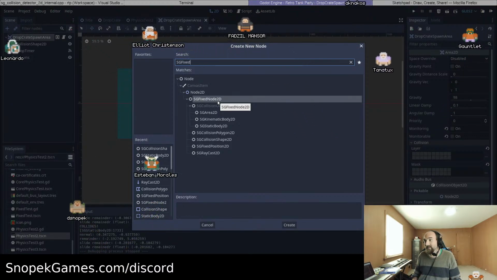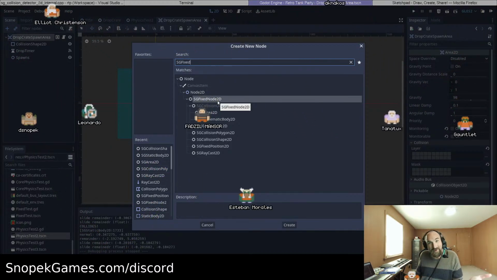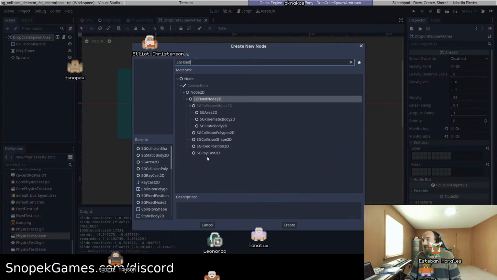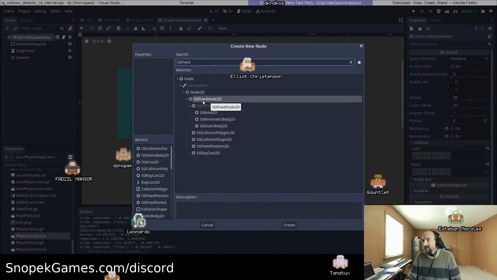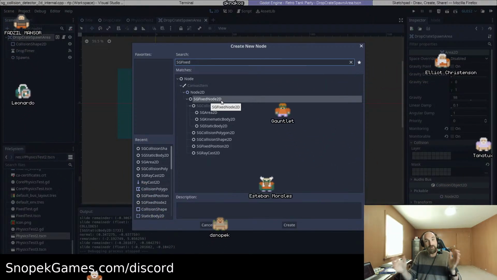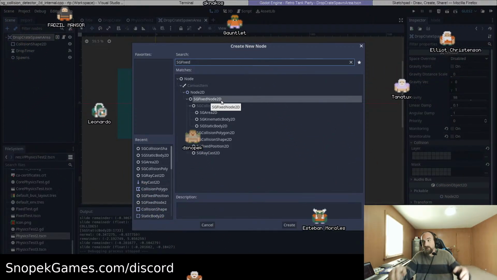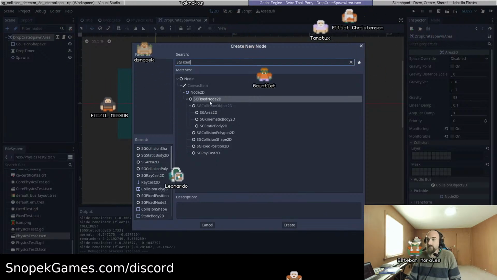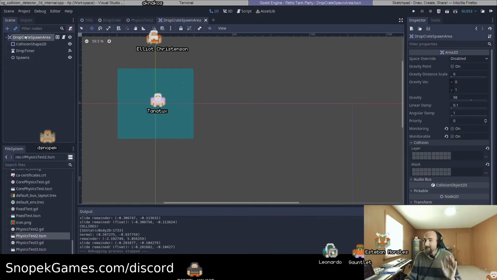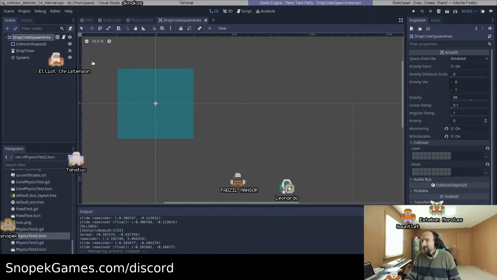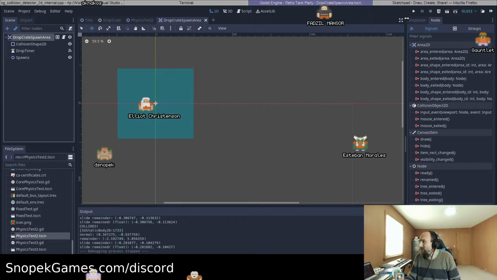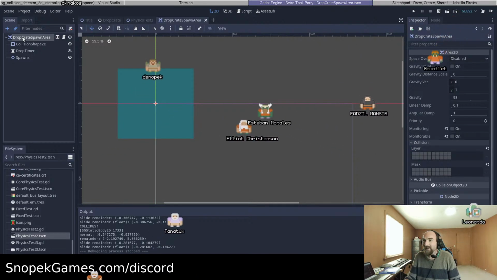Because if they inherited their position from one of their floating point parents, it would again break determinism. So we have to make sure that all of the parents of any fixed node 2D that moves around, that isn't just positioned at the origin at 0, 0, also need to be an SG fixed node 2D of some type. So that's totally the issue. I shouldn't make statements like that's totally the issue before testing it, because that is a recipe for embarrassment and disaster. But yeah, let's